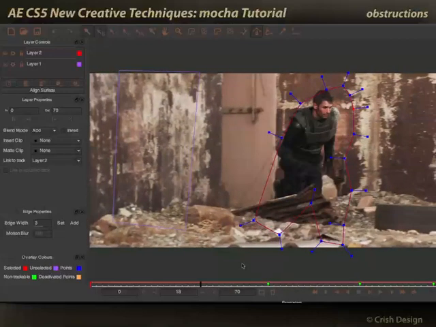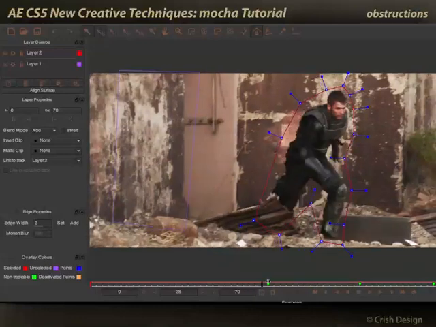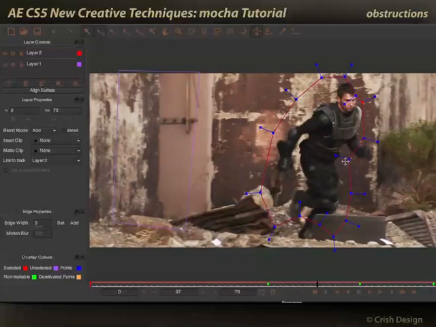Go back earlier. And he's outside of that wall. I don't need to worry about it. And I'm going to do just a little bit of touch up here in the middle. Just a couple extra keyframes